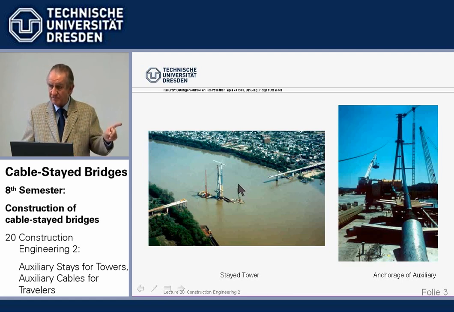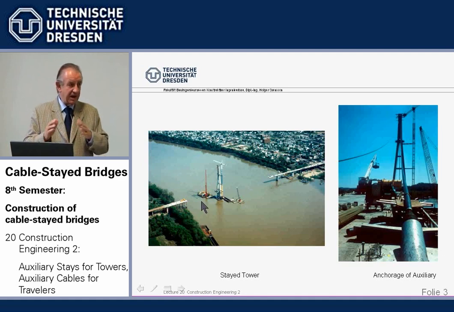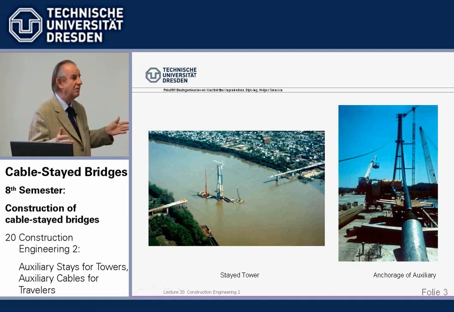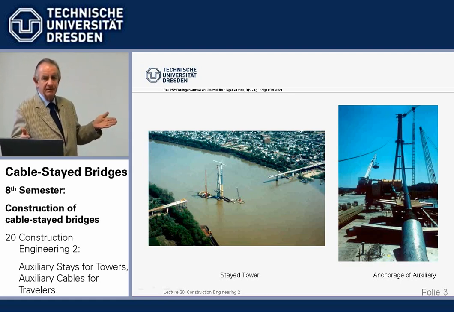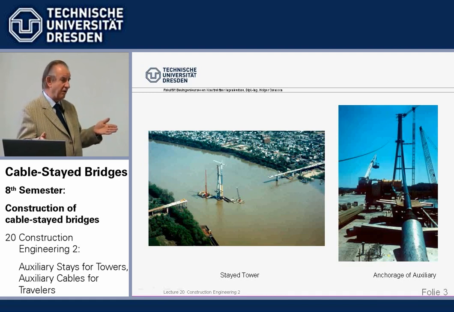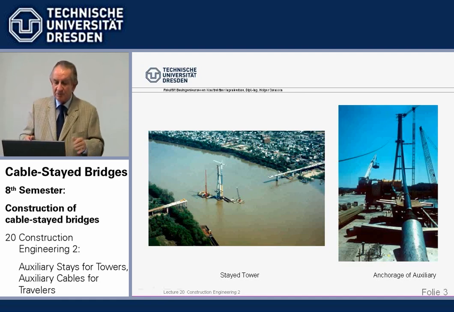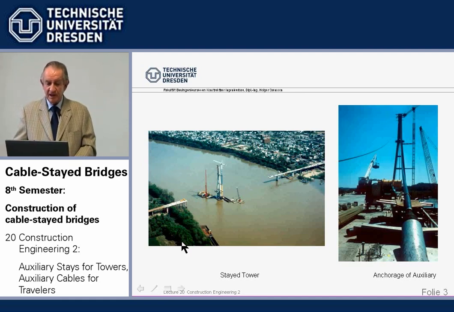You remember Mannheim Nord, what we've seen there, the approach span was completely on land, and we had only free cantilevering here and immediately put in the tiebacks. Now if we have to free cantilever to both sides because the water is too deep and there are no piers in the end, very often ship traffic doesn't permit putting in auxiliary piers, or it's cheaper not to do it. So when we have that situation,